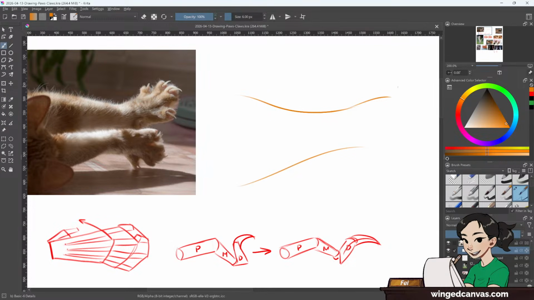Okay, so gesture-wise, you can probably just kind of draw out the outside of the paws, like this. Just really focusing on rhythm and movement, right? There's the overall gesture, and now let's look for shapes. So knowing what I know about cat paws, I'm going to assume that I can really just see the